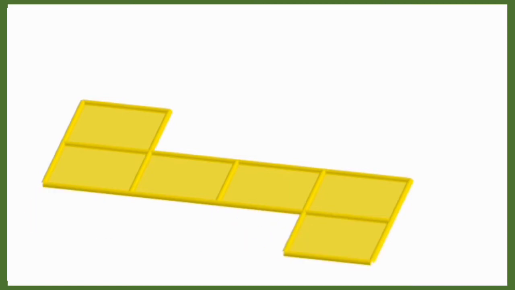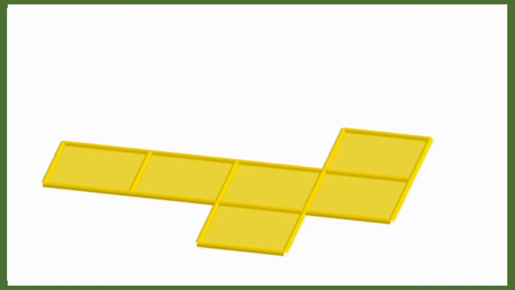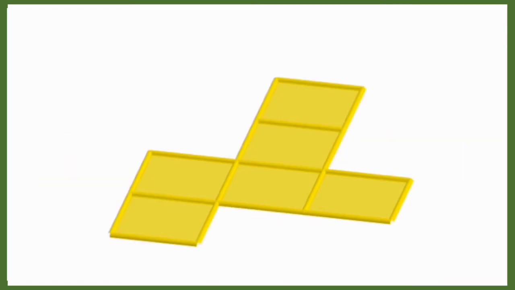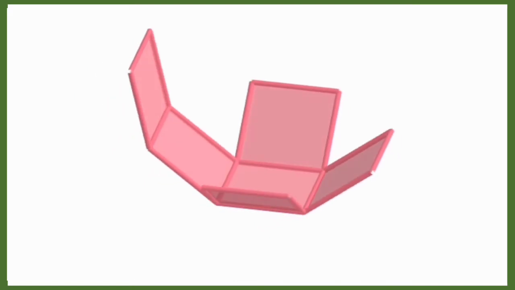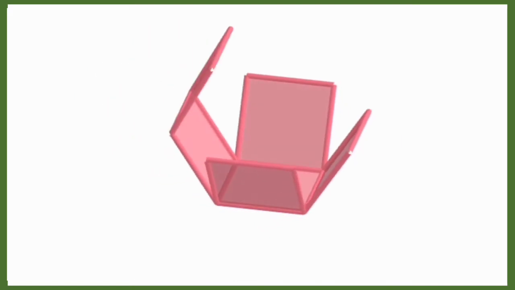What is called a net? When a cube is separated at the edges and laid out flat, it makes a two-dimensional figure called a net. There are 11 different nets for a cube. The major difference between the square and the cube is that the square is a two-dimensional figure and it has only 2 dimensions, whereas the cube is a 3-dimensional figure and has 3 dimensions: length, breadth and height. The cube is obtained from the shape of a square.